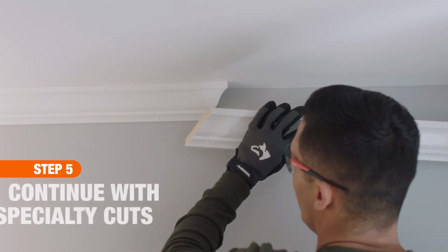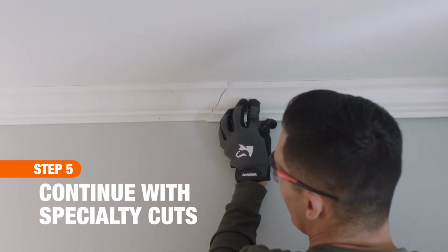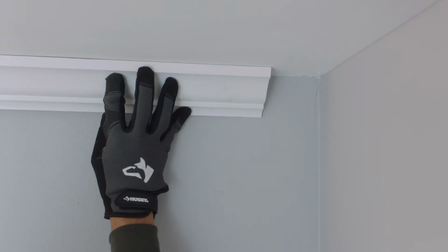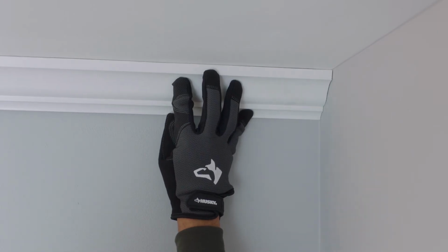As you work your way around the space, you may encounter extra long runs of molding. These will require a scarf joint created by joining two complementary 45-degree angles. And for instances where the molding runs into a wall or unmitered millwork, you'll make a straight cut to create